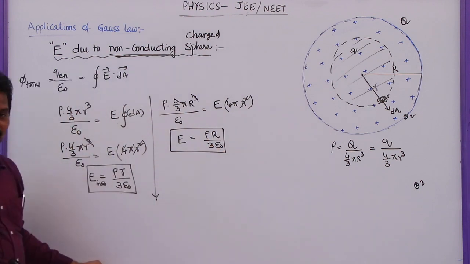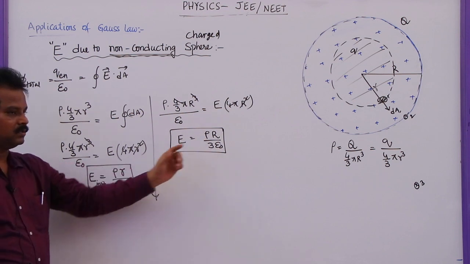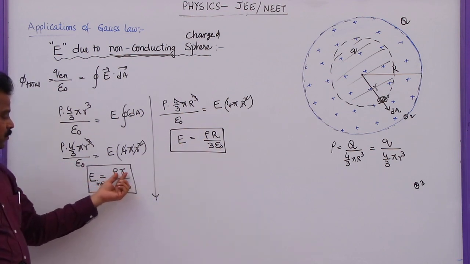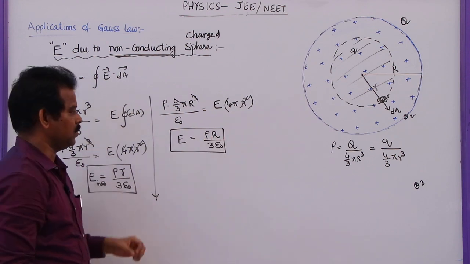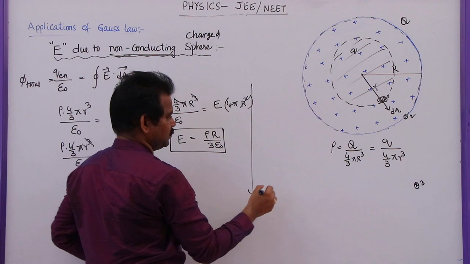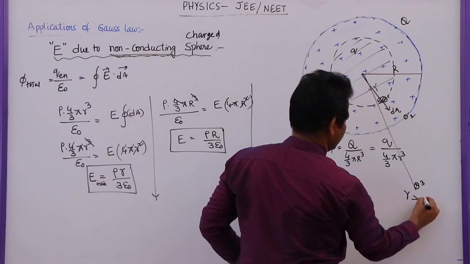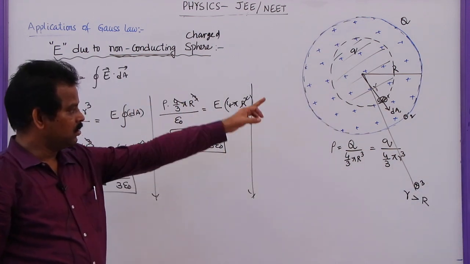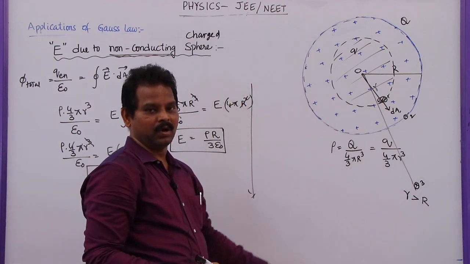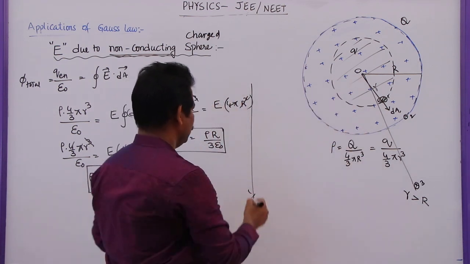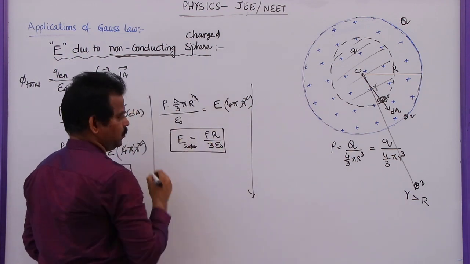And you can see the relation between this and this. Here rho by 3 epsilon naught is constant. The electric field inside the sphere is directly proportional to small r. On the surface, in place of small r we are going to get capital R. Now, if you take a point somewhere here, point 3, where small r is greater than capital R, that means the distance of that point from the center of the non-conducting sphere is small r, which is greater than the radius of the sphere. So in the third case, the earlier one was the electric field on the surface.